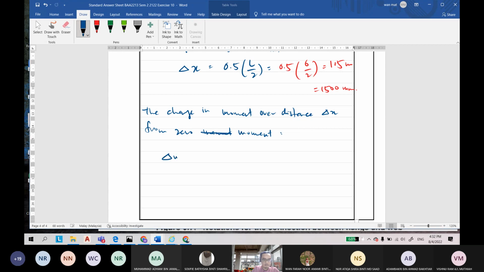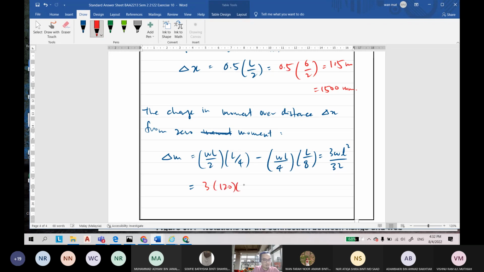Change of moment is equal to WL over 2 times L over 4. You can refer to the module. WL over 4 times L over 8, or simplified as 3WL square over 32. So equal to 3 times 120 times L square over 32. So the answer is equal to